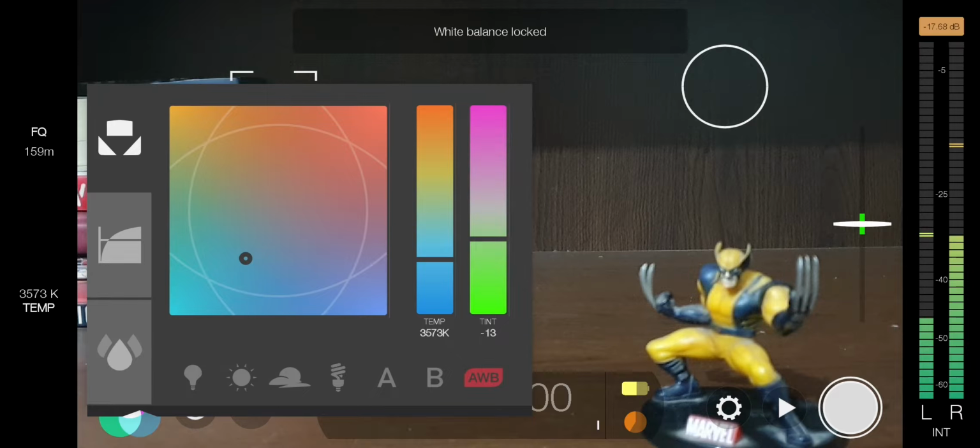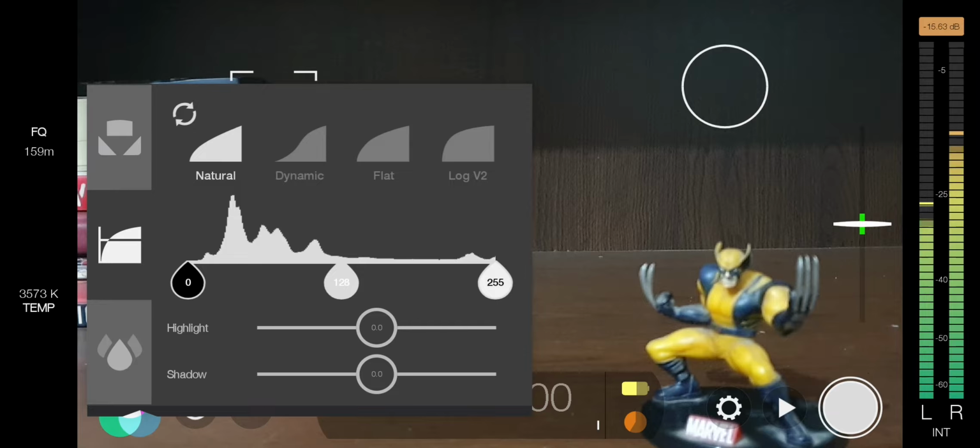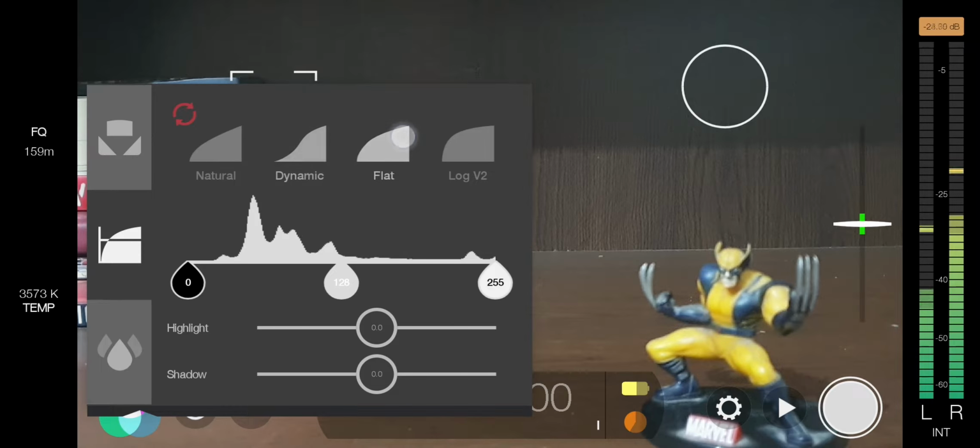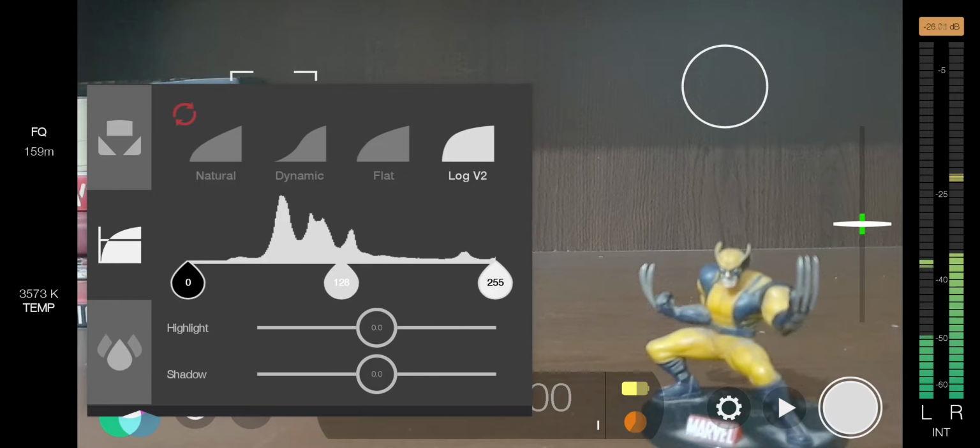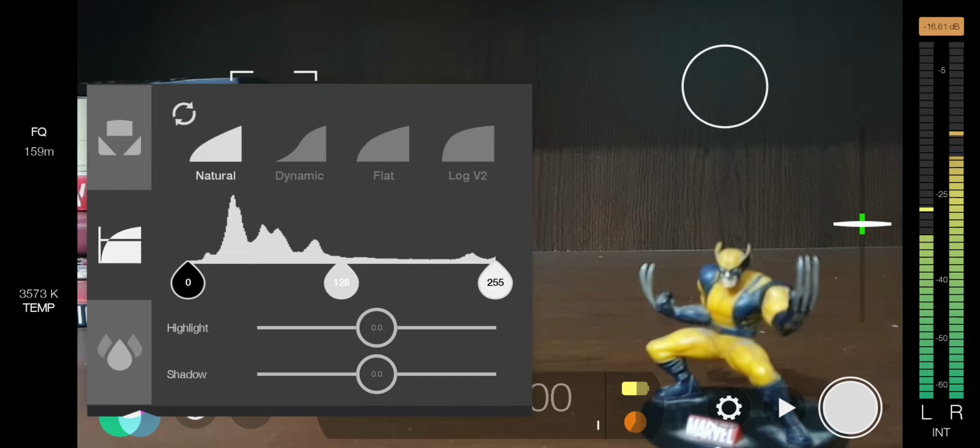Yeah, that's it. After that, you can see this is the option where there are some color profiles like natural, dynamic, flat, log v2. So this will actually help you while editing for color grading.